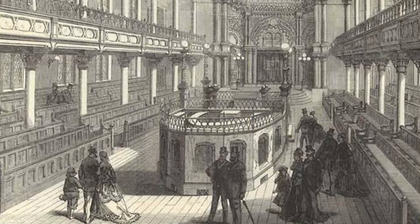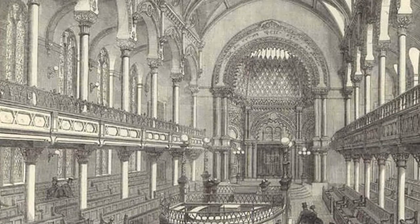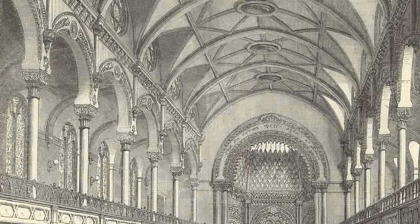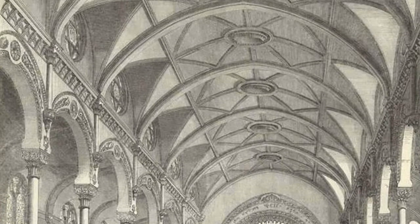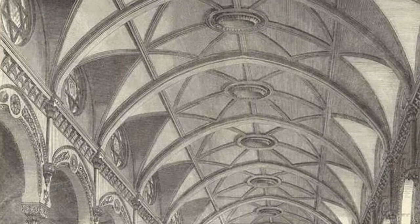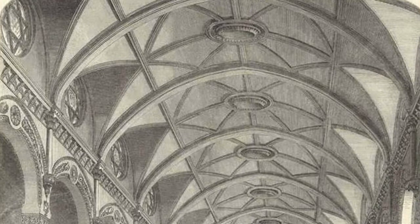So if I have the next slide. Now this, if anyone knows, is the original Central Synagogue in London. There is still a Central Synagogue in London on Great Portland Street. But the original building, which was put up in 1870 and designed by N.S. Joseph, was bombed during the war. It was destroyed in the Blitz, and this building's now gone, and a new building, which was paid for by Sir Isaac Wolfson after the war, is in its place. But this is the original 1870